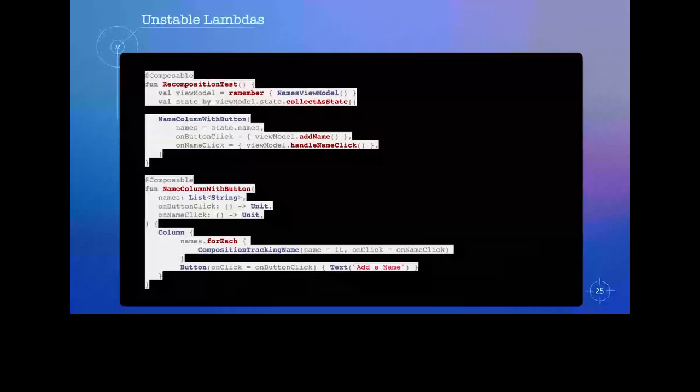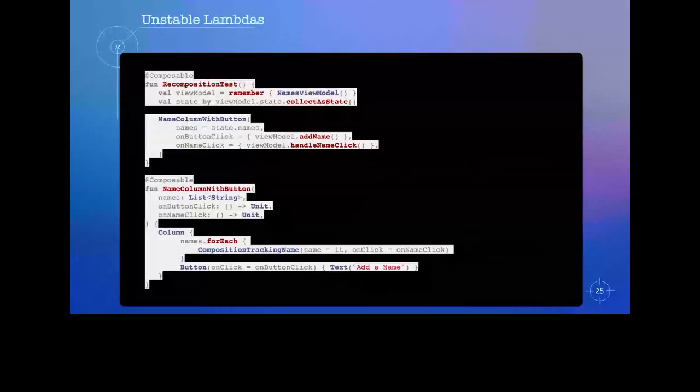In the case of Compose, the most common scenario, at least in terms of work that I've done, is the invocation of view model methods within those lambdas in response to user actions. And if you recall that I said on one of the early slides that Compose considers a view model to be an unstable parameter, then we can see how this could become a problem, especially if you're using lazy lists or other large sets of content